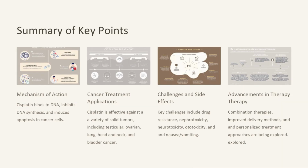Cisplatin is a chemotherapy drug that works by binding to DNA, inhibiting DNA synthesis, and inducing apoptosis in cancer cells. It has been effective in treating a variety of solid tumors, including testicular, ovarian, lung, head and neck, and bladder cancer. However, there are some key challenges with cisplatin, such as drug resistance, as well as side effects like nephrotoxicity, neurotoxicity, ototoxicity, and nausea/vomiting. Ongoing research is exploring ways to address these challenges, including combination therapies, improved delivery methods, and more